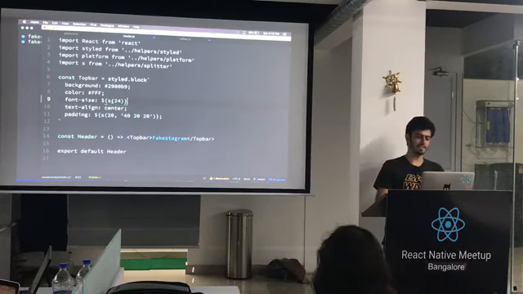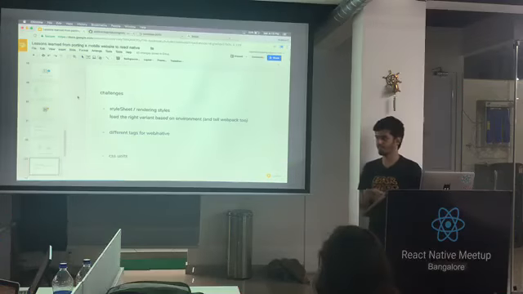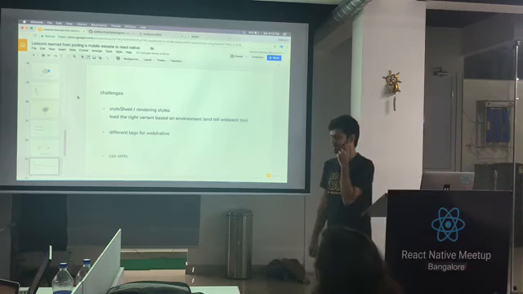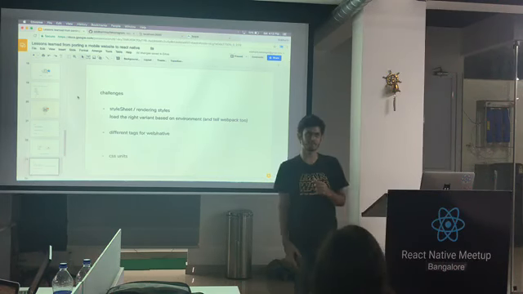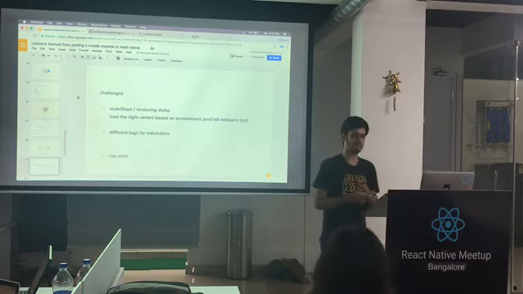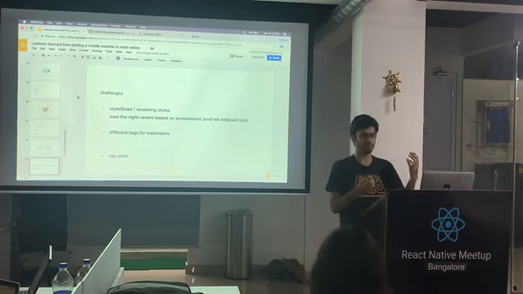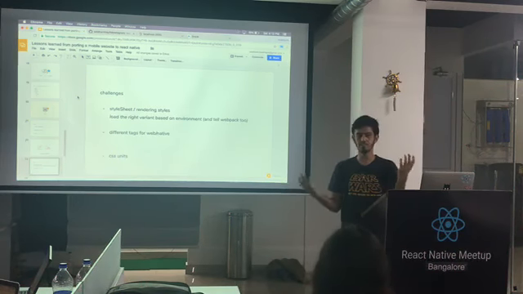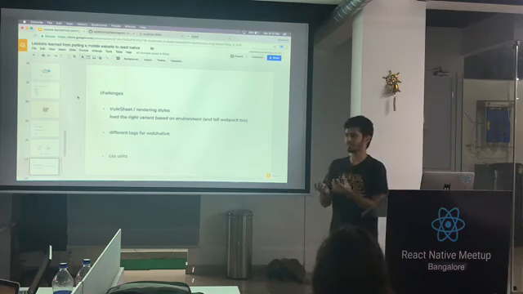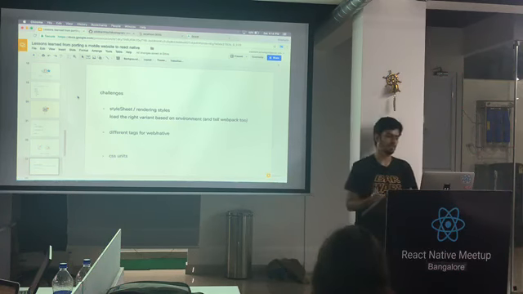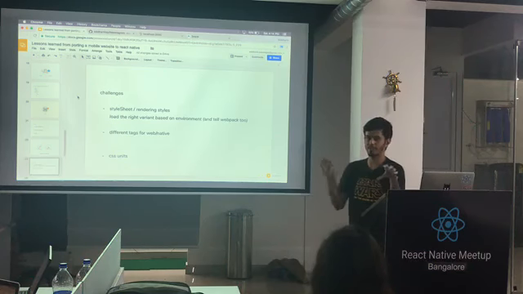Now, the next interesting fanciness is that the pixels don't mean the same for both of them. So scalable pixels is more of a device specific thing. So a scalable pixel on an iPhone versus on a Moto G will be very different. But that's not the same case with web. When I say 14 pixels, it's 14 pixels on all devices. Right? So that leads to a case where you actually want different sizes for web and native for the same value.